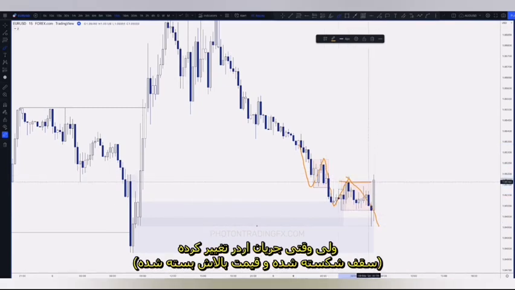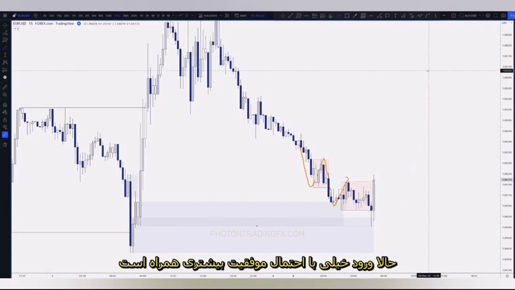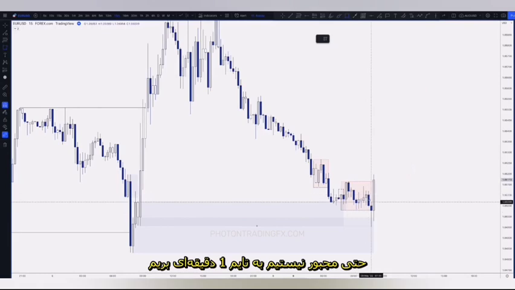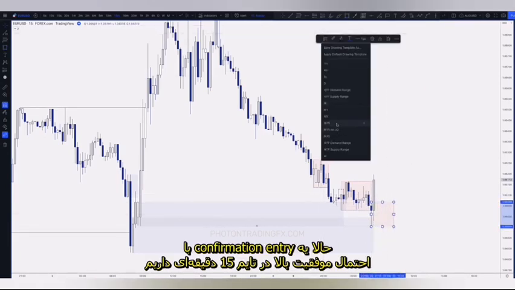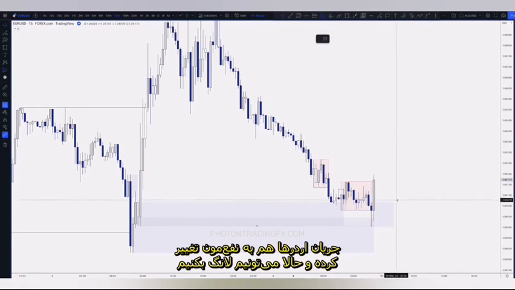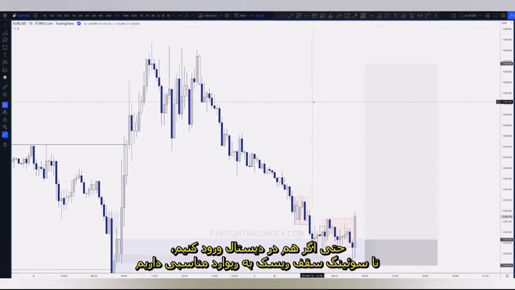But once that then shifts, right, and you break and close above that high, now the internal structure and order flow is aligned with the swing structure, and that's when it becomes much, much higher probability to get involved, right? And then you don't even have to go down to the M1, right? You've now got a high probability M15 confirmation entry with order flow on your side, and you can get in long, right? Even if you enter on the distal, let's see, decent risk reward up into the swing high, etc.,